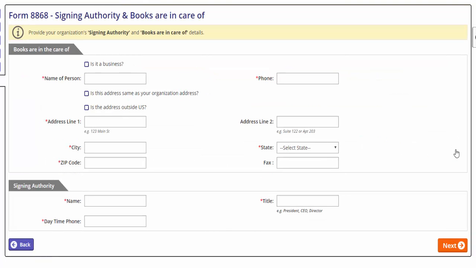Before you actually e-file with the IRS, you need to provide the information for the signing authority and also enter the information of the business or person who the books are in the care of. So here you can select if it's a business or person and then enter that person's name. After you've entered their information, you can move forward by clicking Next at the bottom, and this will bring it